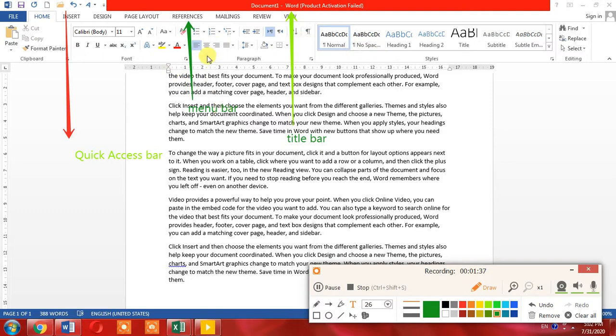Then below menu bar you can see ribbon or ribbon bar. This is called ribbon bar.